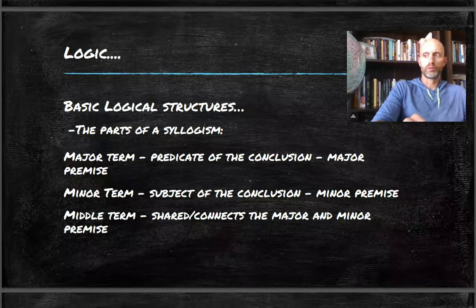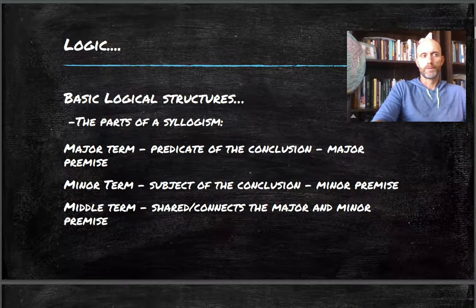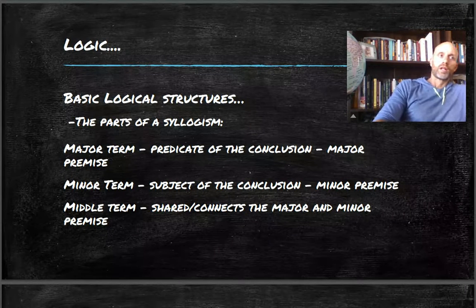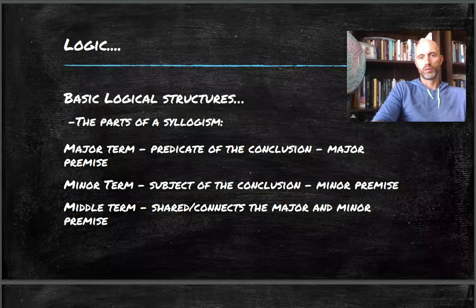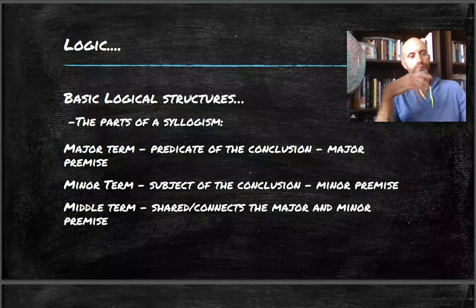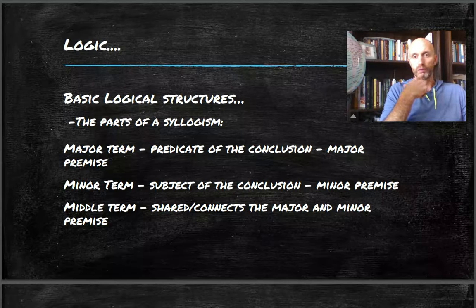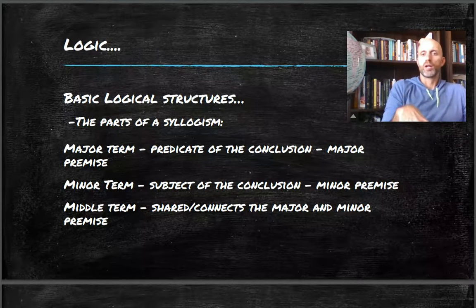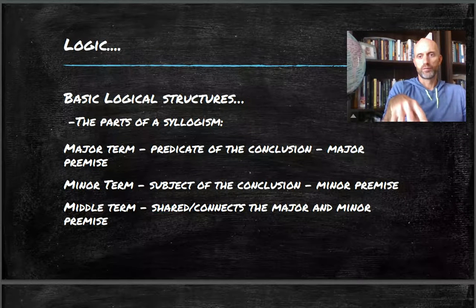So naturally, your minor premise will have your minor term, but what will it also have? It'll also have your middle term. Why? Because it has to connect with the major premise. Now, that connection is what's going to link your major term and your minor term. This is serving as the link in your argument to connect those two ideas one to another,